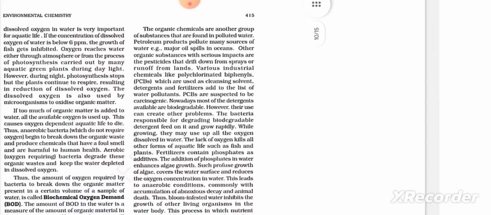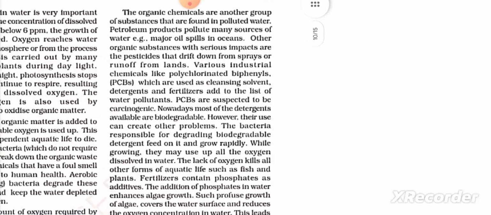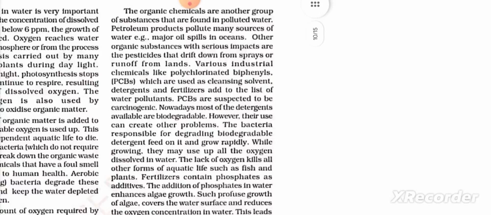Other organic substances that have a serious impact are the pesticides and the drift from sprayers run off from lands. Various industrial chemicals like polychlorinated biphenyls (PCBs), which are used as cleansing solvents, detergents, and fertilizers, add to the list of water pollutants. PCBs are suspected to be